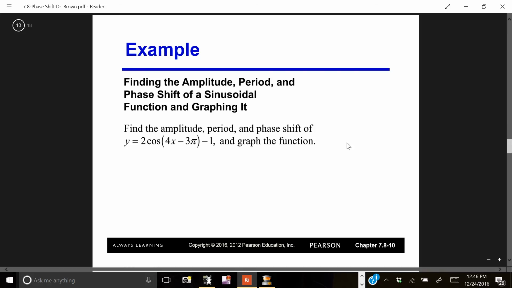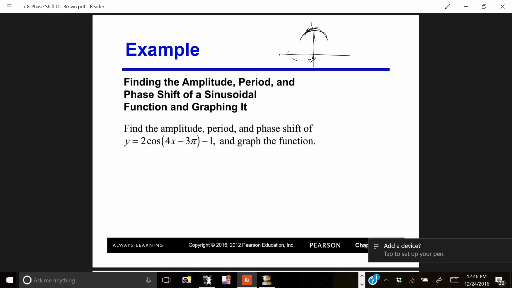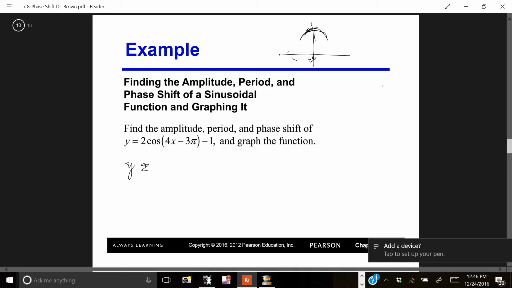Now another problem, we have a cosine function. Now remember, a cosine function always has its peak at 0. Now this is going to be shifted, of course. So let's go ahead and write y equals 2 cosine, factor the 4 out,